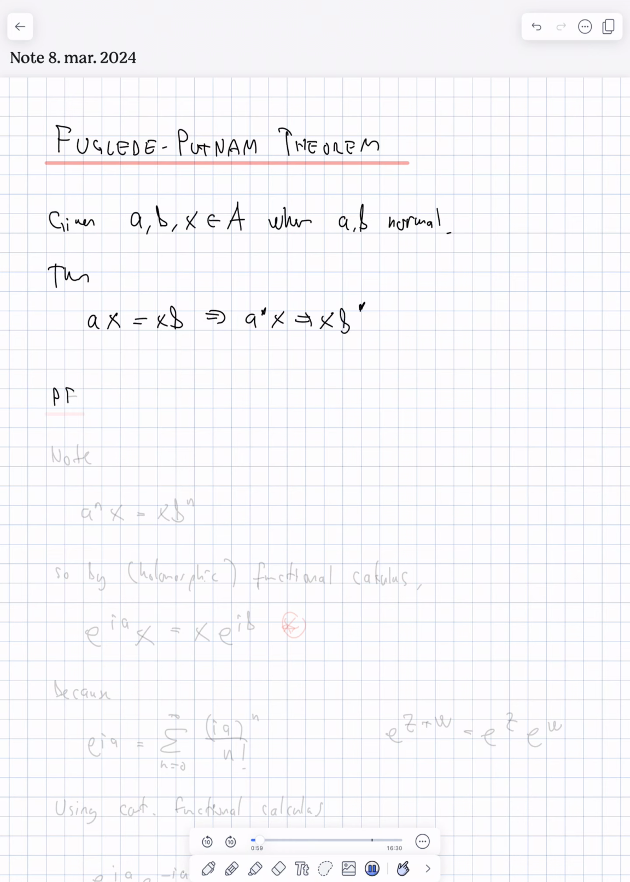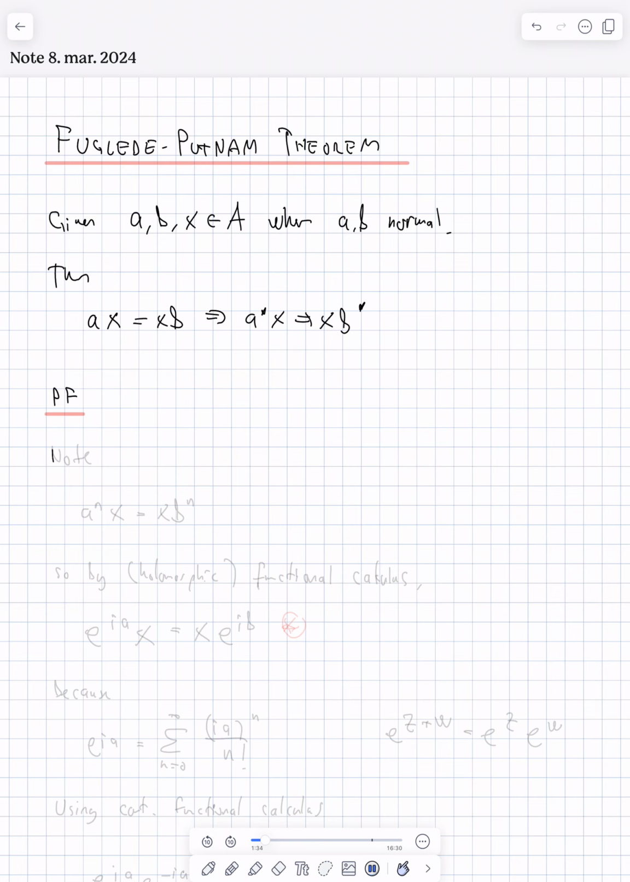So this is sort of an intertwining type of equality. That says that if the X intertwines A and B, so AX is XB, then actually X also intertwines A star and B star. And of course this is trivial if A and B are self-adjoint. So the point is that we can prove this under the much more restrictive condition that A and B are